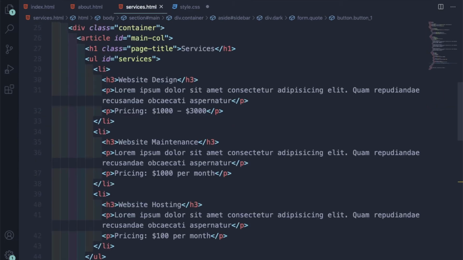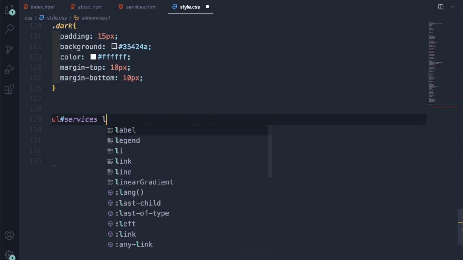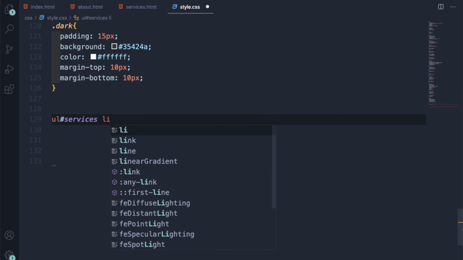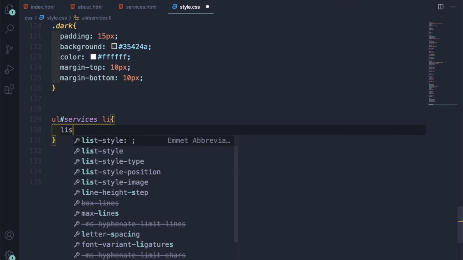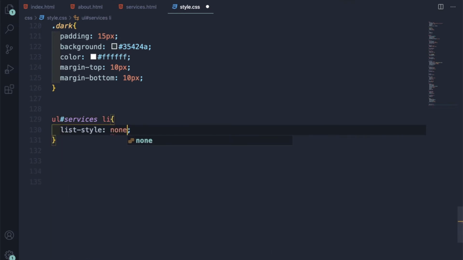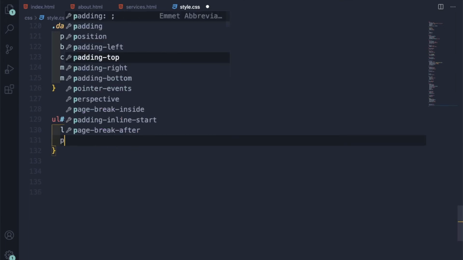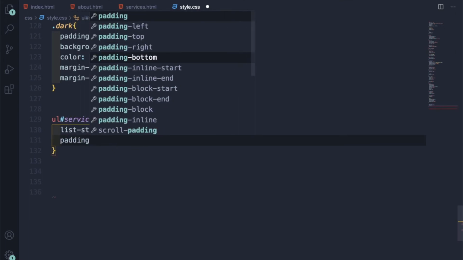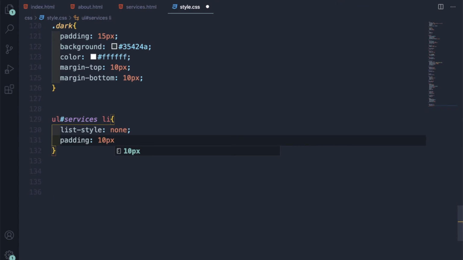So we're targeting this ID services, and after that li we will target. List style will be none, padding will be 10 pixel,